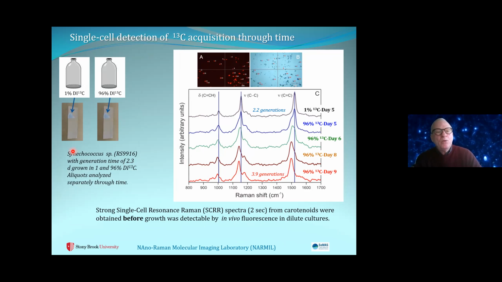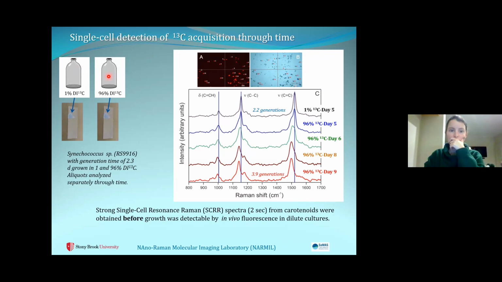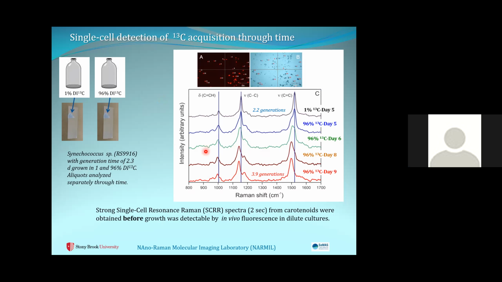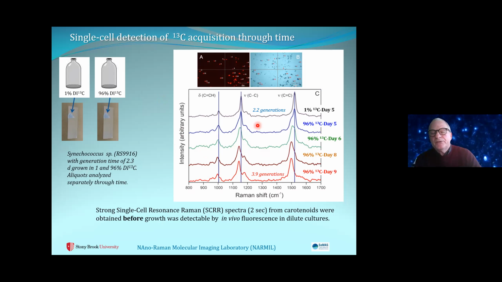So in one example where we have natural abundance C13 and a lot of C13, 96%, we generate these spectra. Question? No? Okay. So this is a stacked set of spectra. The upper spectrum is from an individual cyanobacterium. It's a single spectrum that took 2 seconds to acquire from this field. This is a bright field micrograph of all the targets, and all those little red dots are actually numbers. They're very, very small, but each one is a numbered target.